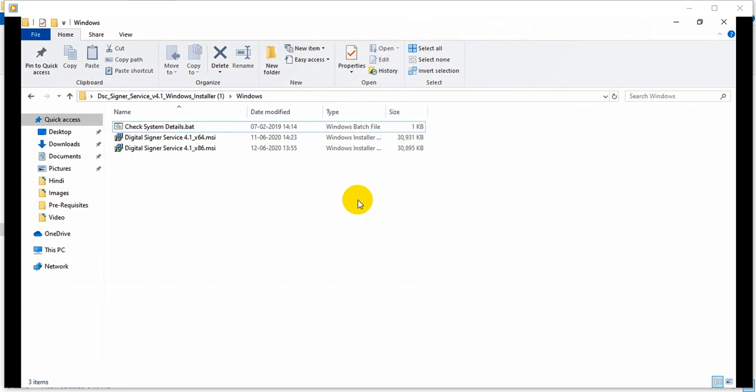DSC signer service or digital signer service. We have checked what options are provided with it, what is the use of the digital signer service, what is the purpose of the digital signer service, what issues can come in front of us, and how to troubleshoot them to come out of that problem. We have seen the HTTP port and HTTPS port. So we learned a lot.